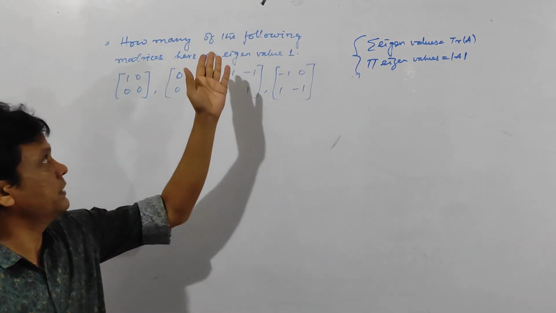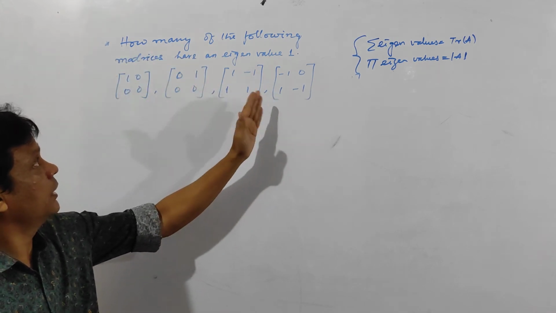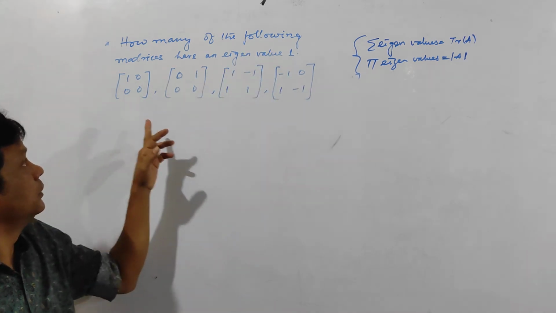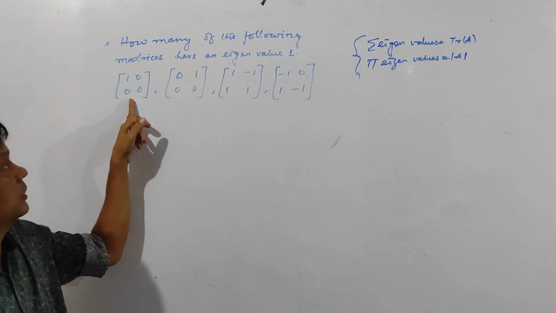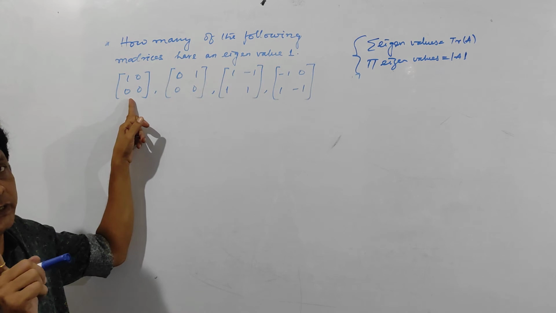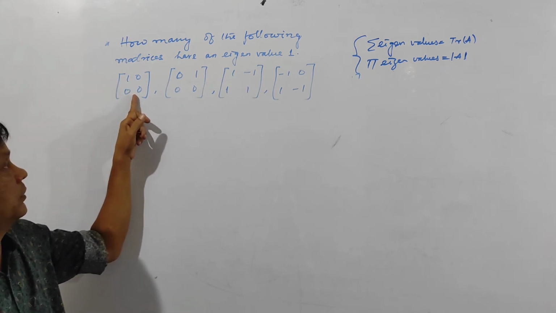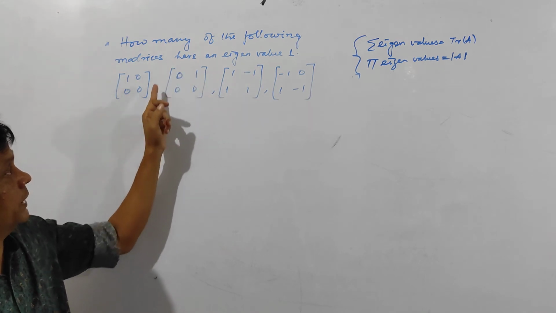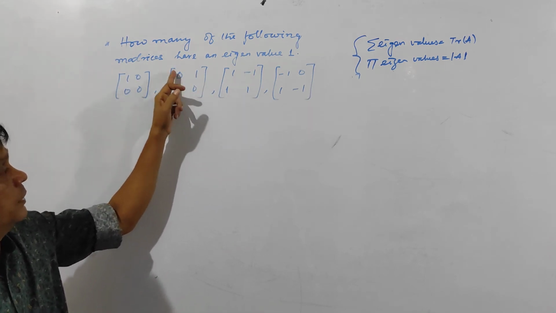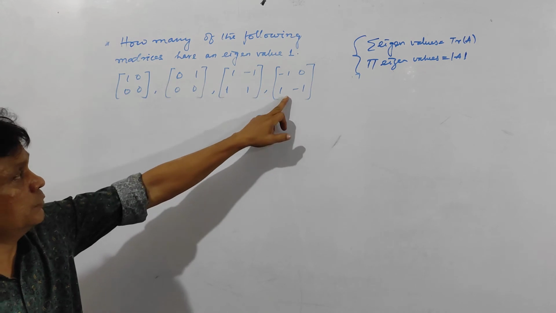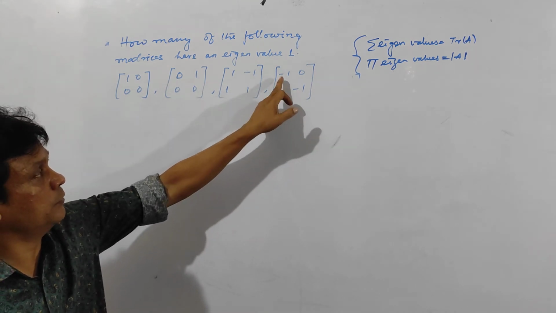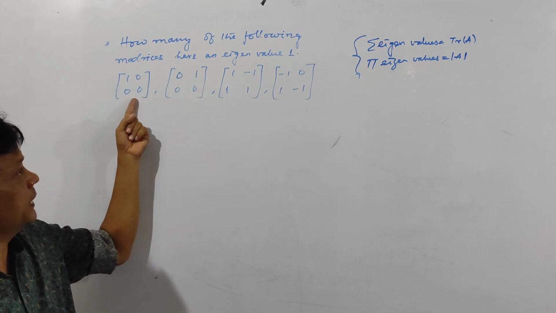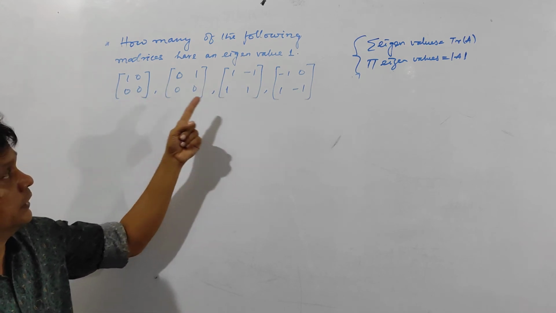See here, your question is: which of the matrices have eigenvalue 1? So this is a triangular matrix. In a triangular matrix, the eigenvalues are the diagonal elements. So 1 and 0 are the diagonal elements, so these are the eigenvalues. Here it is also a triangular matrix, so the eigenvalues are 0, 0. And this one is also a lower triangular matrix, so the eigenvalues are minus 1, minus 1. Clear? So this matrix only has eigenvalue 1, and the remaining one is this one.